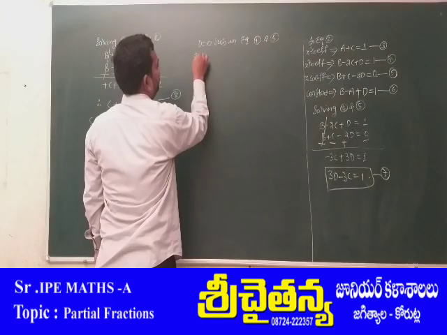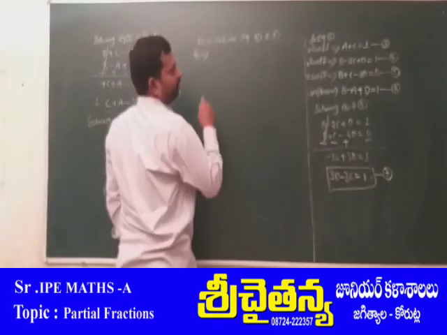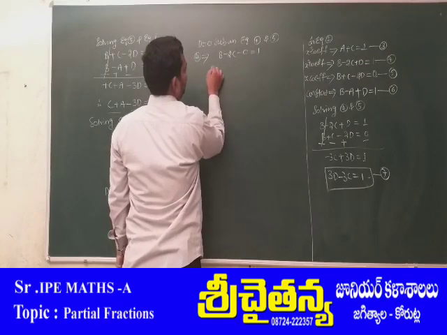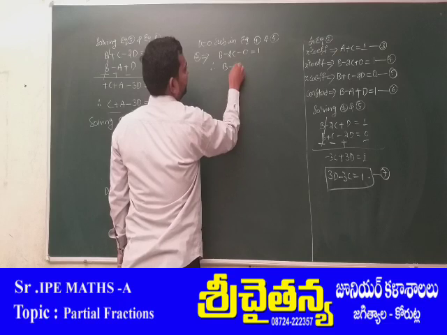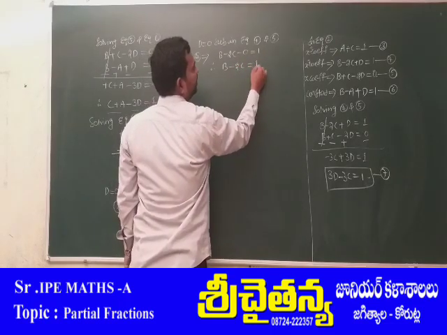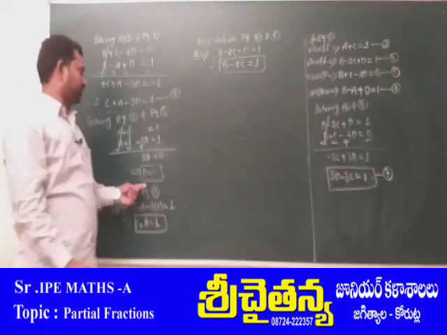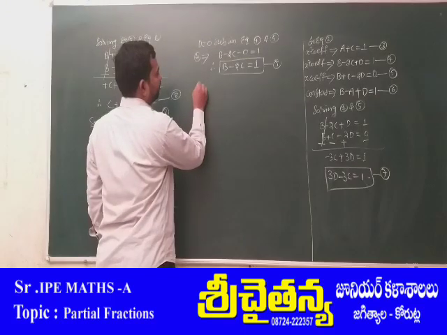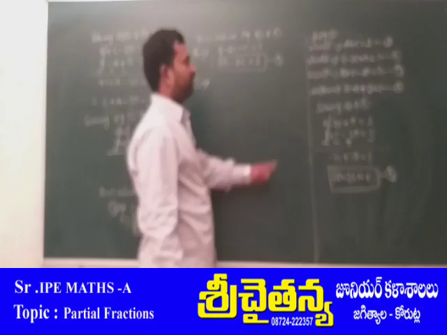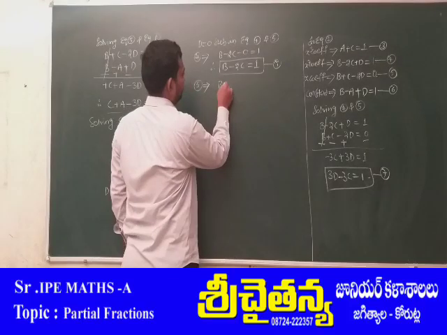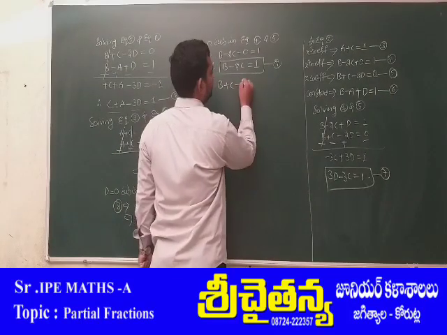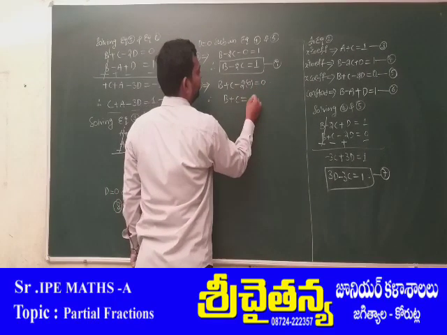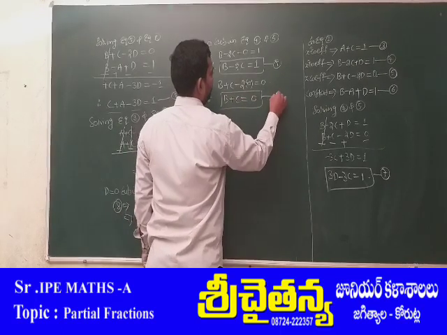Now equation number 4 implies b minus 2c plus 0 equals 1. Therefore b minus 2c is equal to 1. Equations up to 8 are completed, so keep this as equation number 9. Next, equation number 5 becomes b plus c minus 2d equals 0. 2 times 0 equals 0. Therefore, b plus c is equal to 0. This is equation number 10.